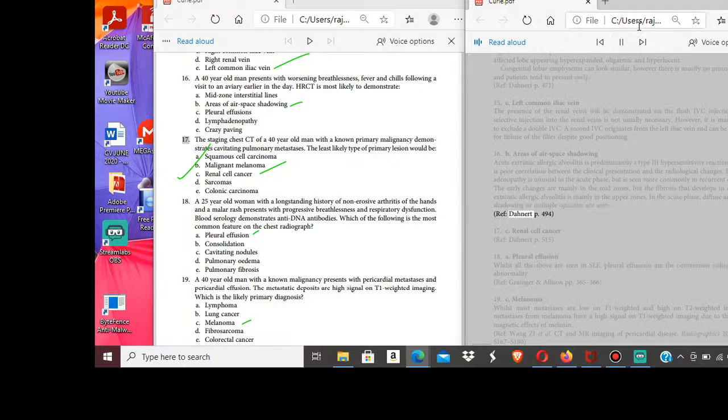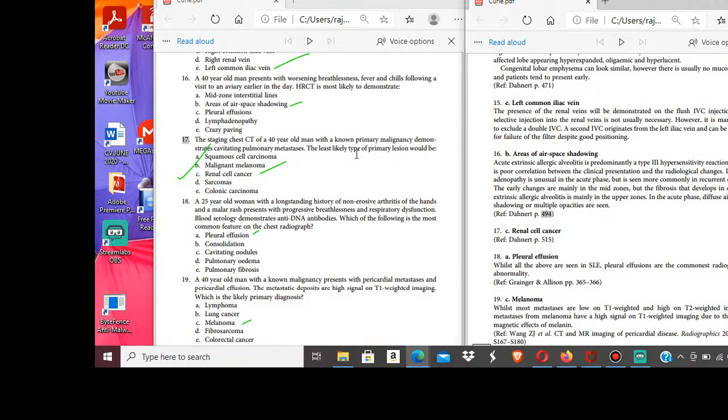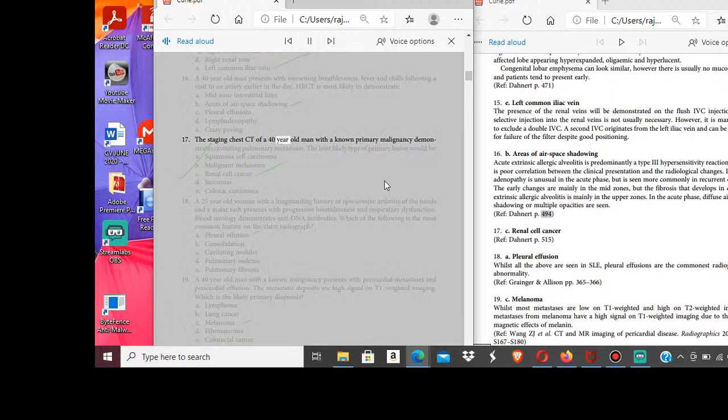Ref. Dahnert p. 494. 17. The staging chest CT of a 40-year-old man with a known primary malignancy demonstrates cavitating pulmonary metastases. The least likely type of primary lesion would be A. Squamous cell carcinoma. B. Malignant melanoma. C. Renal cell cancer. D. Sarcomas. E. Colonic carcinoma. 18. A 25-year-old woman with a long-standing history of non